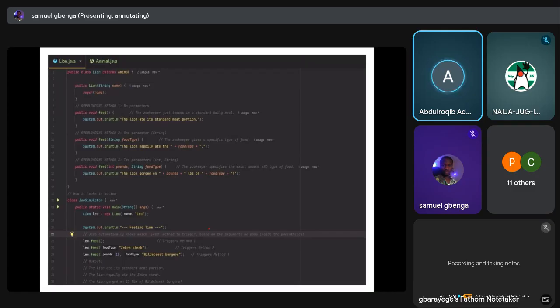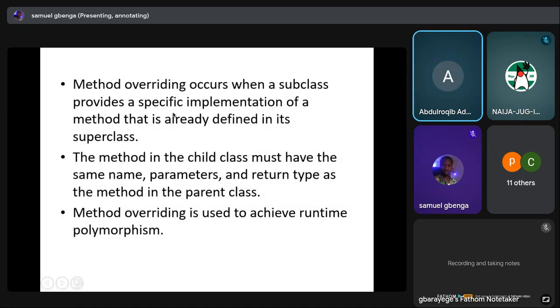All right. So the second type of polymorphism, right, is method overriding, right? For overriding from,